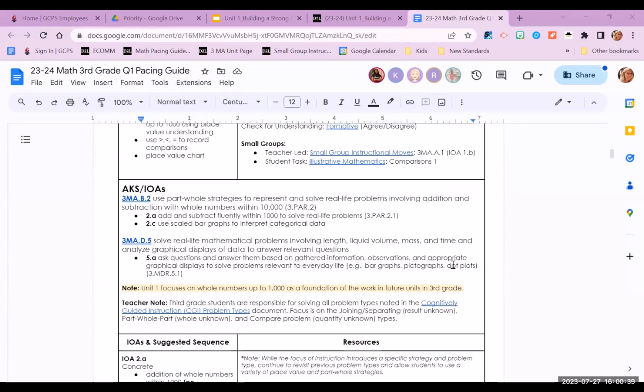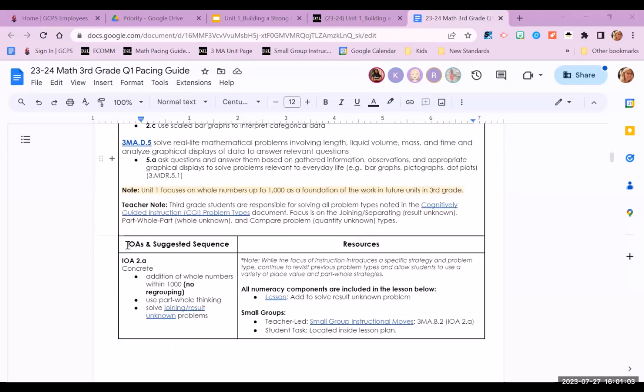Now let's take a look at the second part of the unit. After this introduction with place value, we will move into AKS 2 and IOAs 2A and 2C, adding and subtracting within 1,000. This is the primary focus of Unit 1. You will also see that we will have a few days of instruction for bar graphs at the end of the unit. Remember, the left-hand column will guide your instruction with regards to learning targets, problem types, and the learning